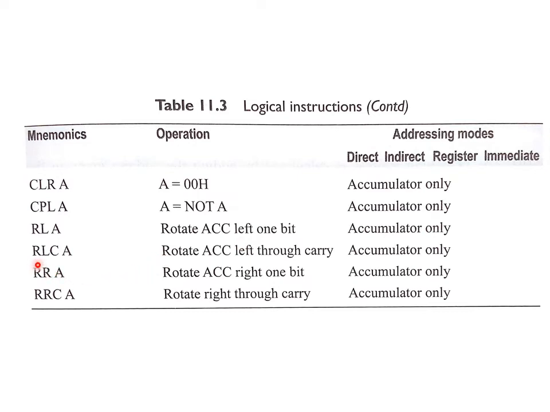Next, rotate left with carry bit, if you are performing any carry in your instruction. Next, rotate right of accumulator 1 bit right. Rotate right through carry bit, 1 bit right. These two are left rotate operations, these two are right rotate operations. Once again, check the examples which I gave in the first or second unit. I gave the instruction there and how the bit by bit positions are going to change. So please verify them.